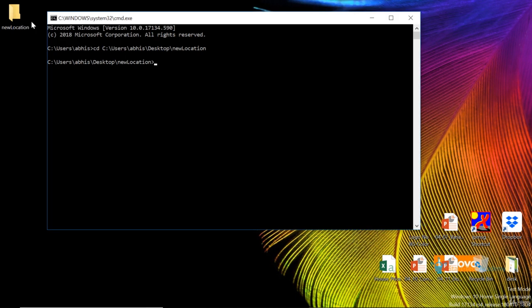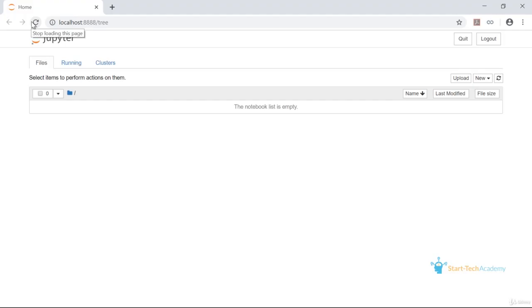And just like with our previous method, I will write Jupyter Notebook. You can see now the default directory of this Jupyter Notebook is our new folder, which is the new location. And you can see as the folder was empty, there are no notebooks present here.